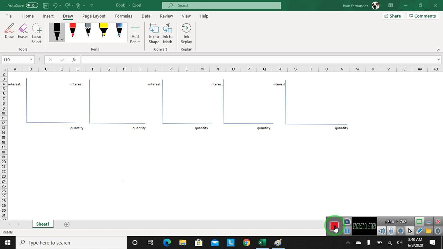Let's think about this, right? Compare the interest rate at 80% and at 0%. At 0%, you will demand all the money in the world. At 80% interest rate, you wouldn't demand that much because it will cost you a lot of money to get those funds. So, if you were to draw this,